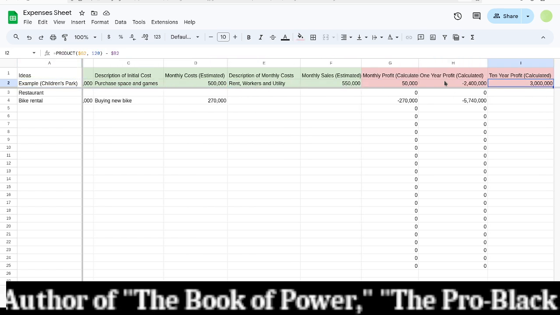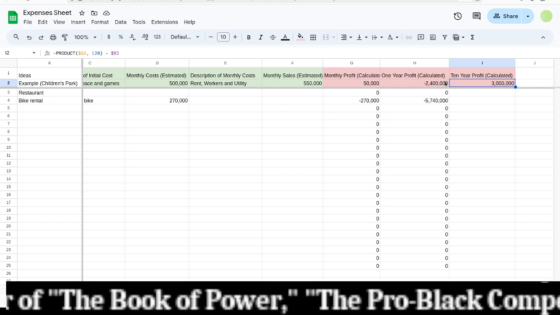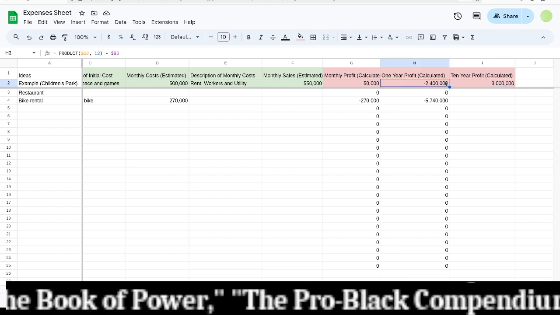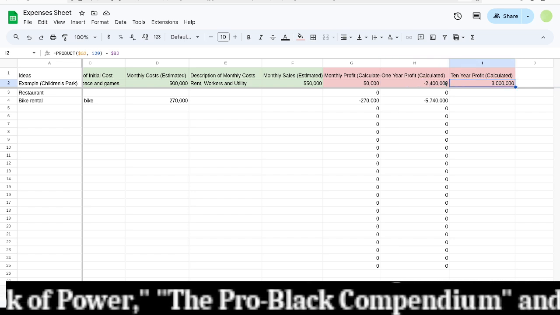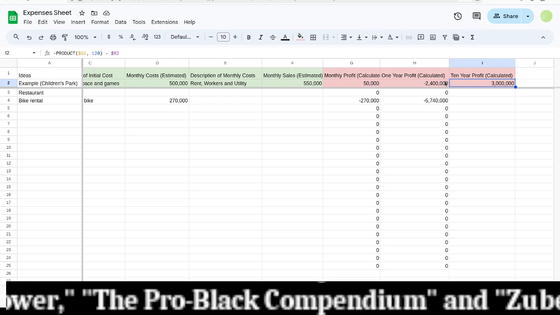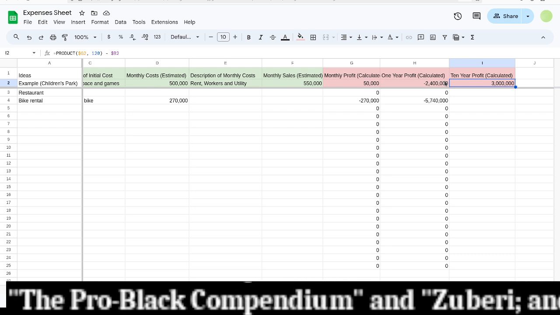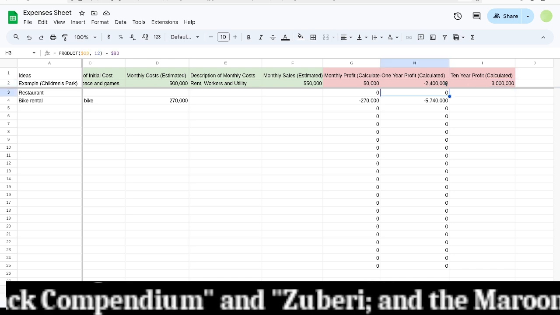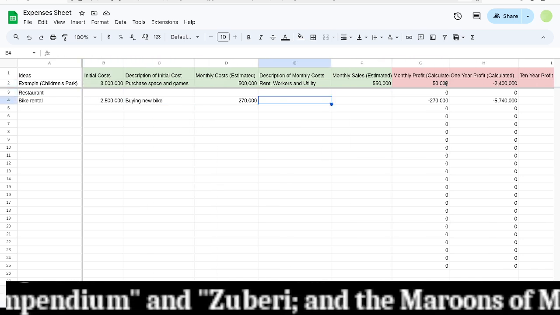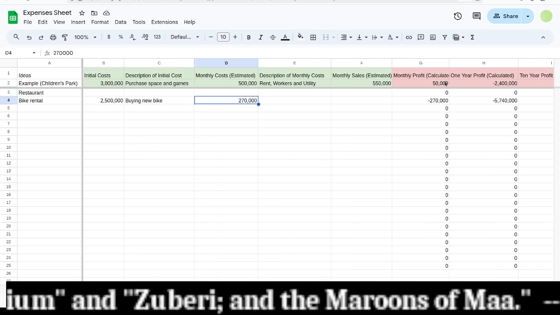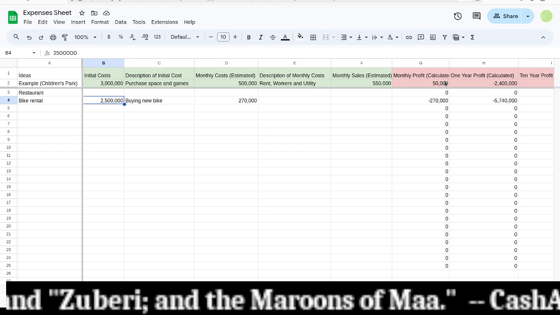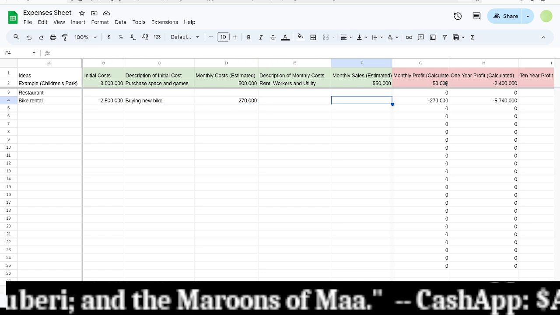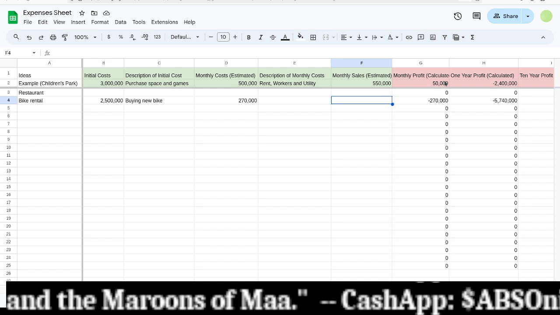So basically somewhere between 10 years and 1 year, let's just say like 5 years, you break even, which is not good for a business. And we'll put it this way. Let's say we go to this bike. We know the bike, let's pretend it's an estimated cost of $273K, and it costs $2.5 million. Let's say your monthly sales is